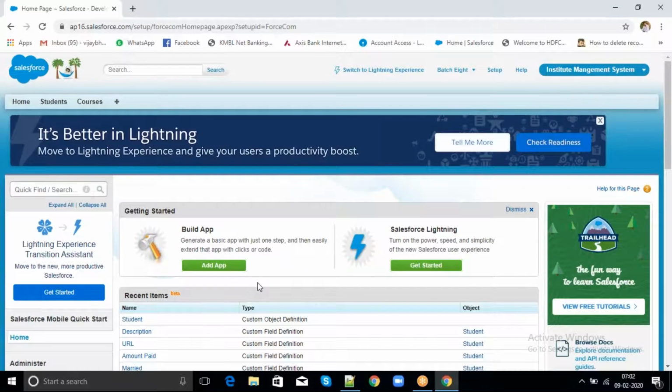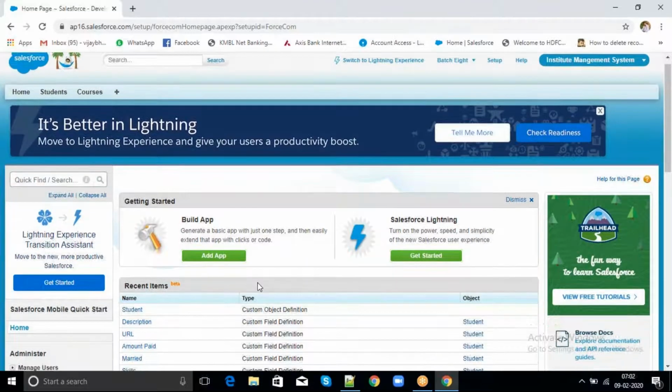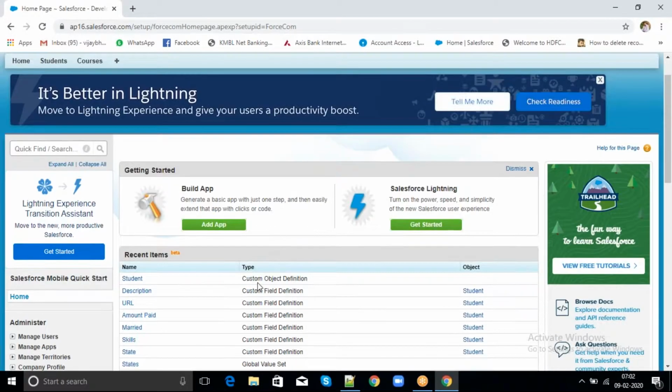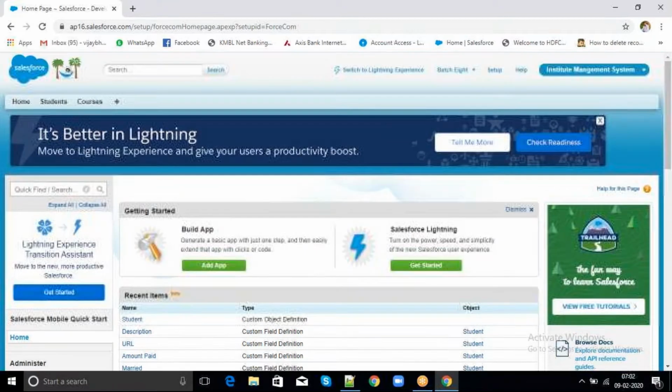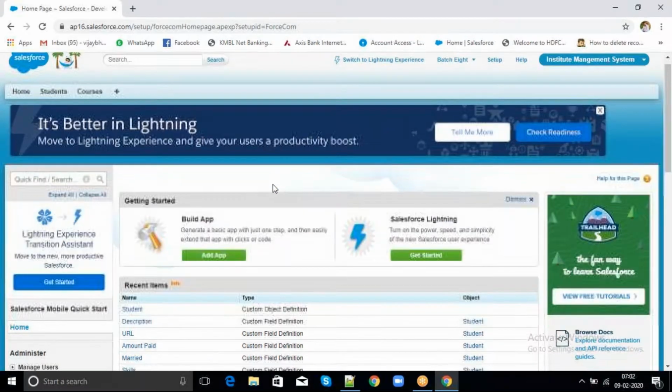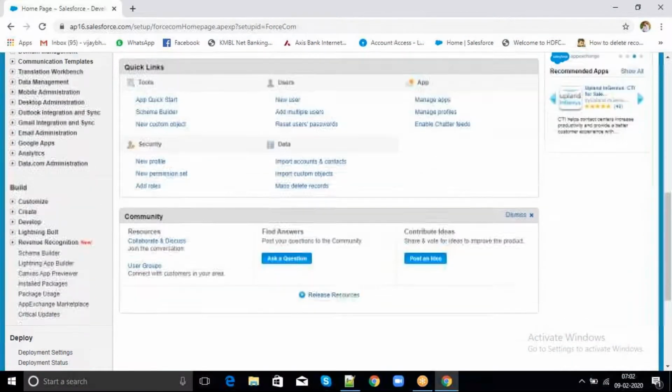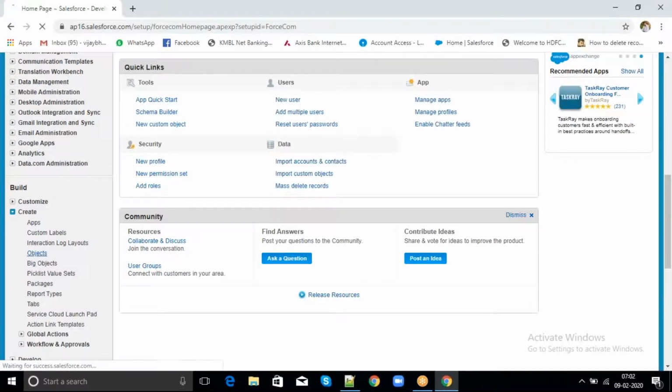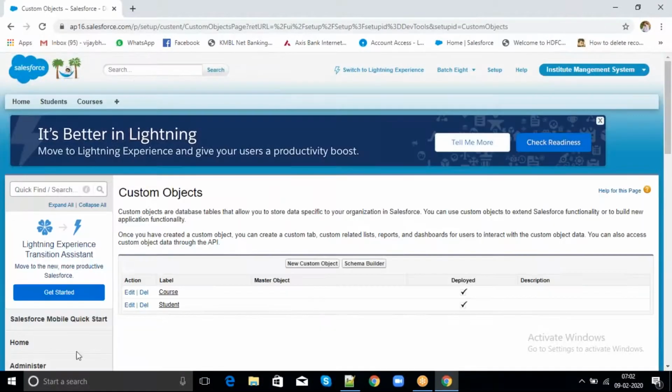So, how to go to the object detail page? By clicking on Setup, then Build, Create, and Objects. Click on the object you want to go to. Let's go to the student object.